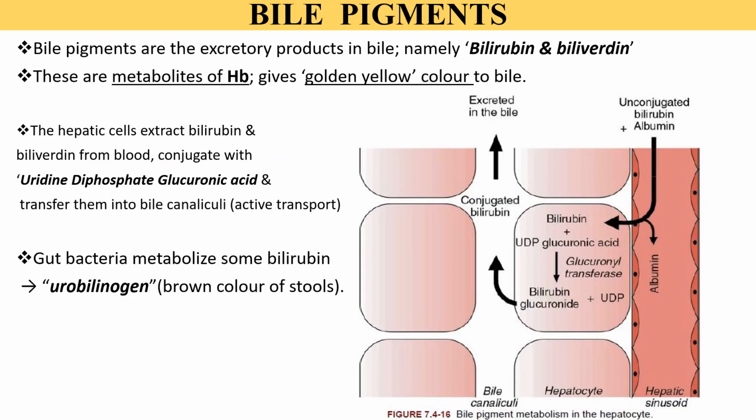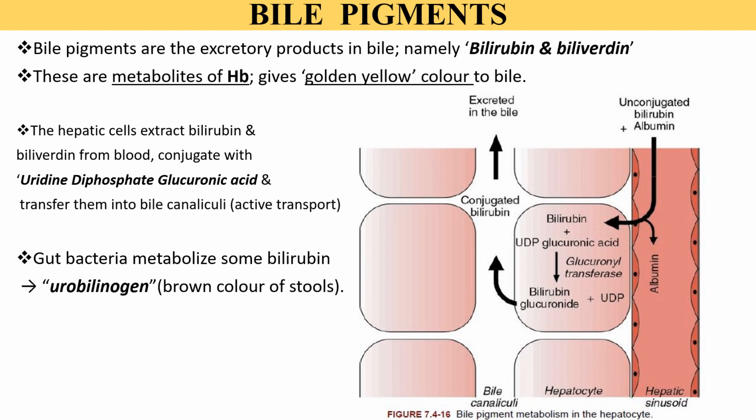Just like bile salts, bile pigments are also a component of liver and gallbladder bile. The two principal bile pigments are bilirubin and biliverdin. These are the metabolites of hemoglobin formed in the liver, which are responsible for giving the liver bile its golden yellow color. Bile pigments have no digestive function, but an abnormal increase in the blood serum concentration will show a serious disorder of the liver or the biliary duct called jaundice.